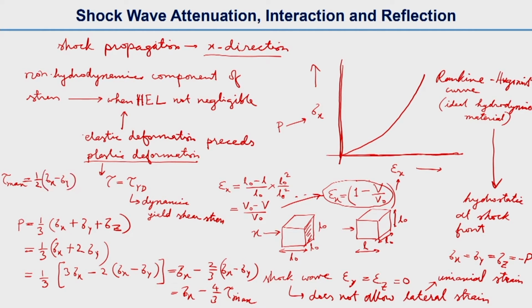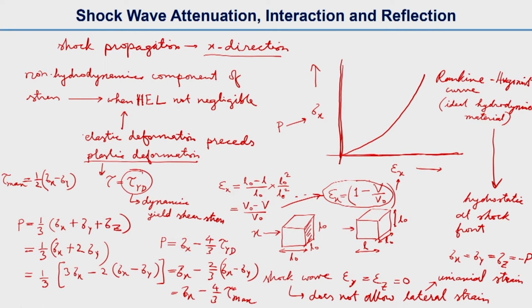So we wrote it here, and that tau max is in this case nothing but this tau yd. So that means P, although it's very messed up now, I will write it here: P equal to sigma x minus 4/3 tau yd,